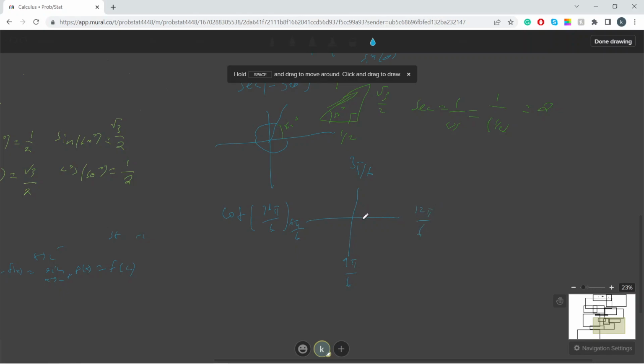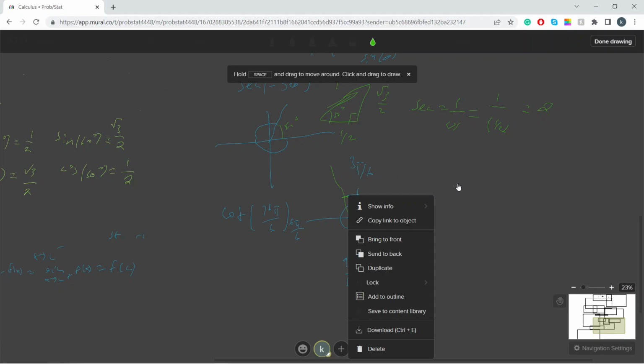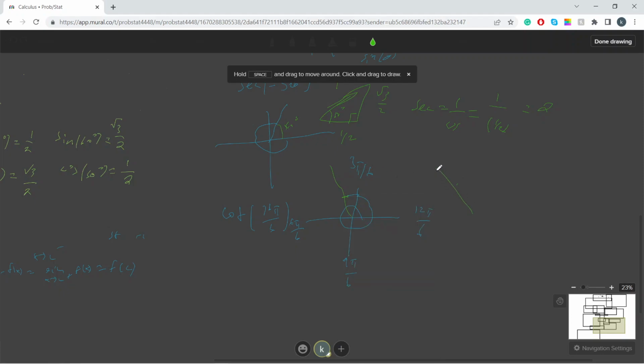So what we realize is as we go around in a full counterclockwise direction, you're at 12 pi over 6. Then you go back to this 3 pi over 6 mark, so it's 15 pi over 6. And then you go one more pi over 6 across, and now you're at 16 pi over 6. So what happens? This is where you end up, right? And if you look at the triangle, you went an extra pi over 6 from this 3 pi over 6 to this 4 pi over 6 mark, right? And then if you want to come back to this horizontal line, you had to go